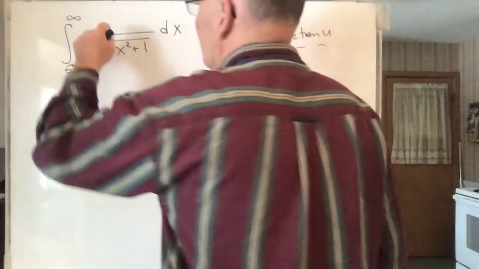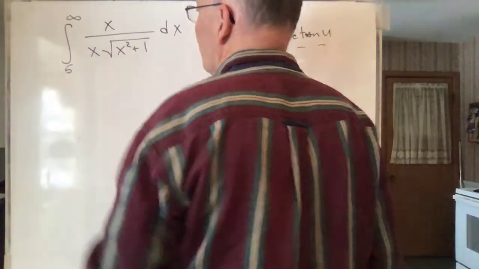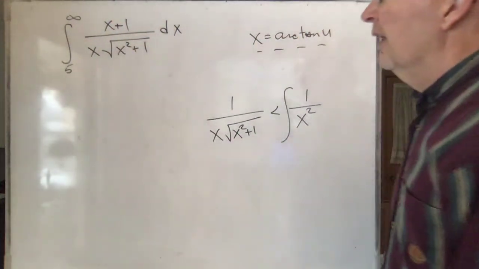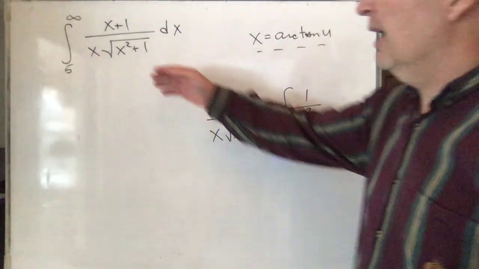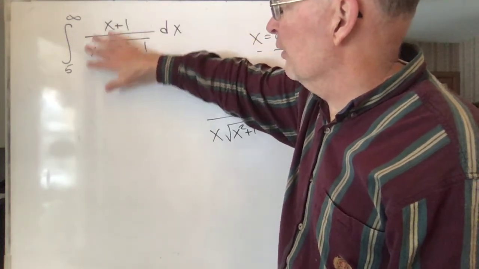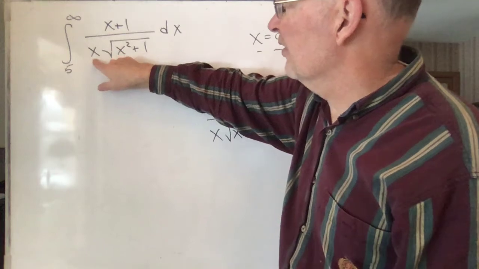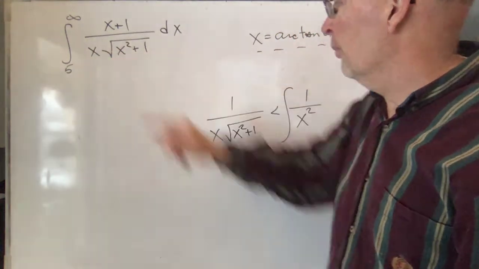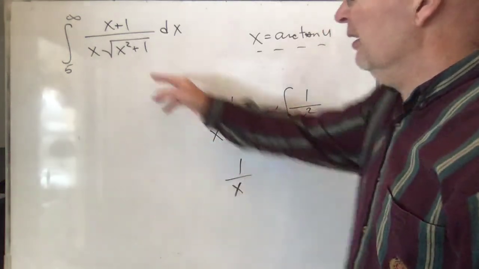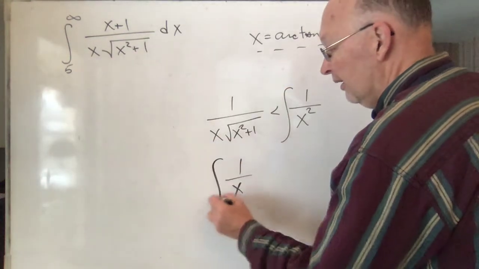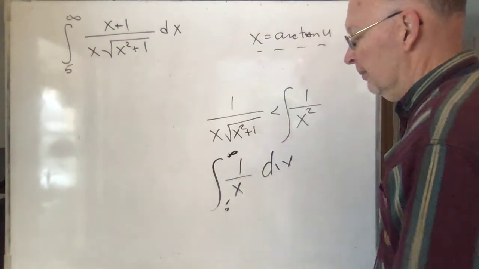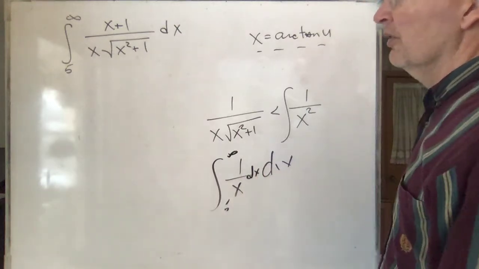What if I had an x upstairs as well? Or say an x plus 1 upstairs. Then I'd say, well, okay, now effectively, how big is this thing growing? This is the same size as this, so they kind of cancel out, and I end up with roughly just effectively a 1 over x there altogether. And I say, oh, what do I know about that? That thing diverges as you go from 5 to infinity. So that one would diverge.